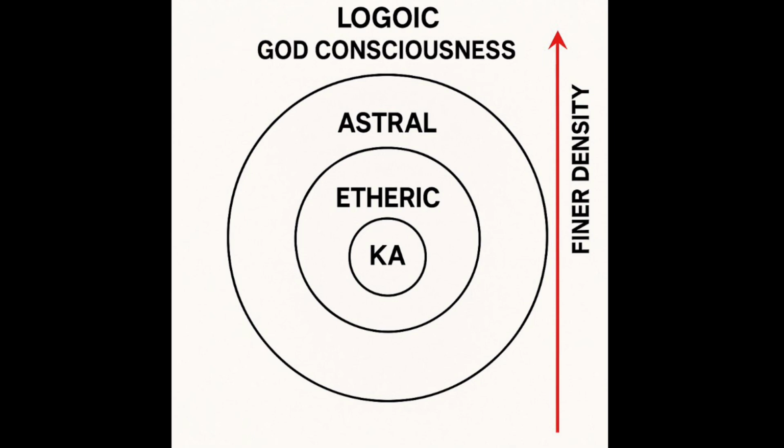So if you look at this diagram, you've got Ka as the source template, which is individual to you and is the healed version of you. It's the highest form of you. But as you travel through each layer of your spiritual journey, whether that be the etheric level, atmic, buddhic, logoic, that the Ka can be read differently.